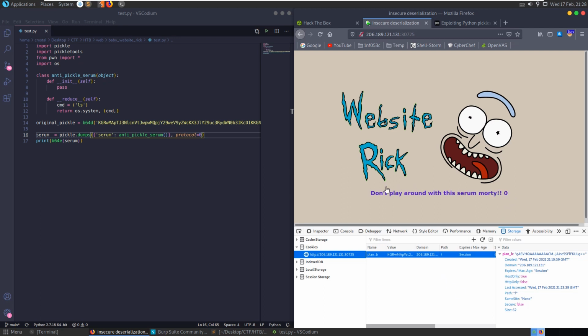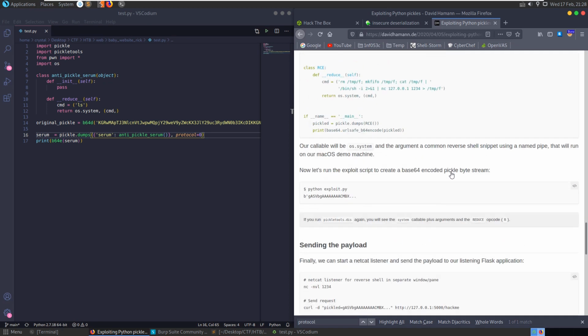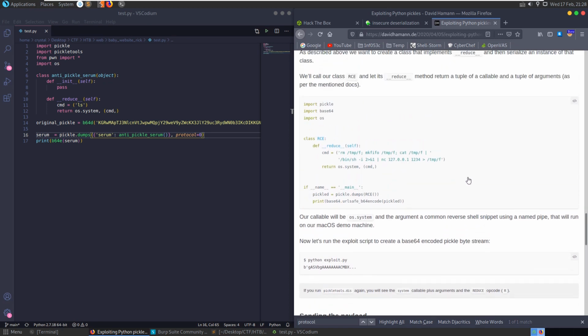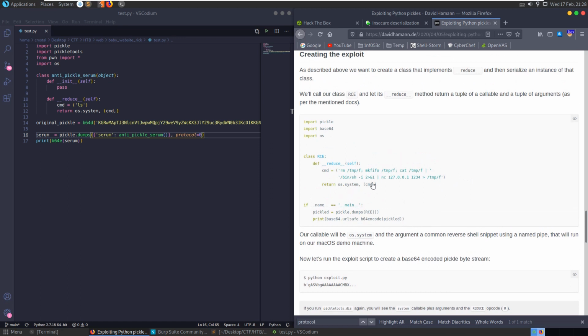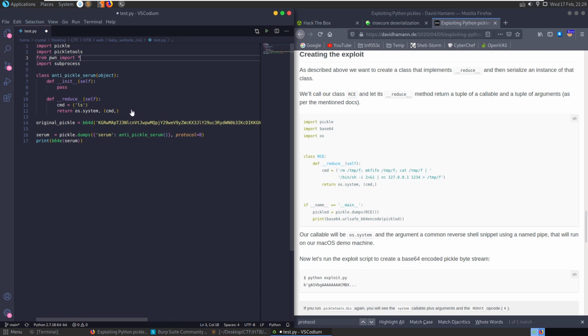So this is because this is the return value of the system function. So what we need to do is use a function that's going to return an output for us. So let's change this to import subprocess. We'll use this instead of the OS system command, and then right here we'll say